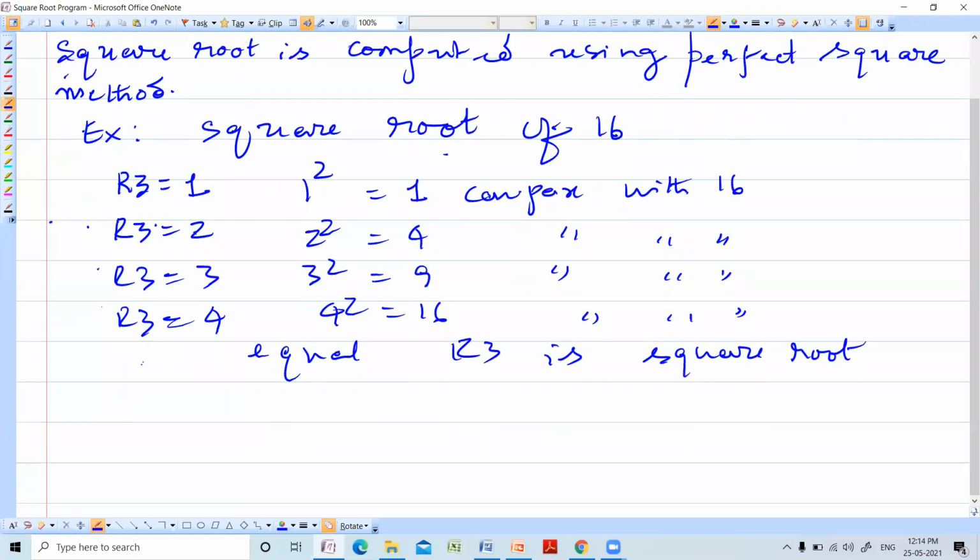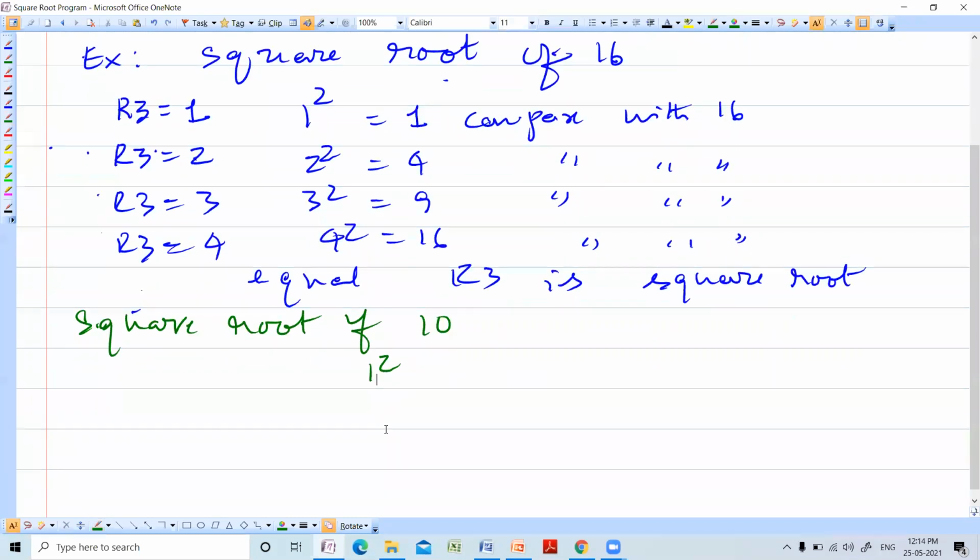Suppose you are finding the square root of 10. Similarly, 1 square, 2 square, 3 square.